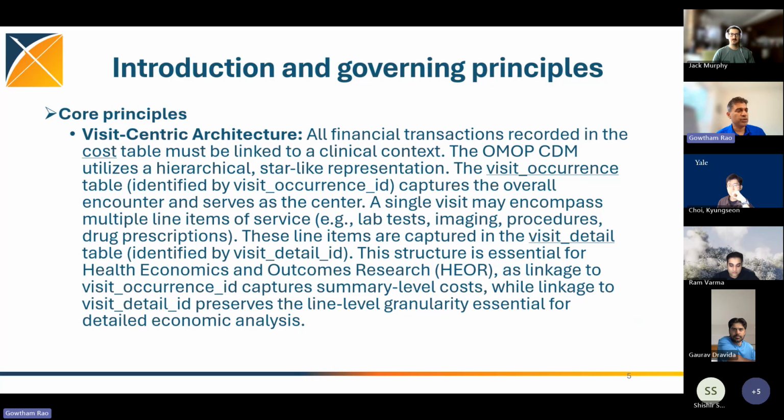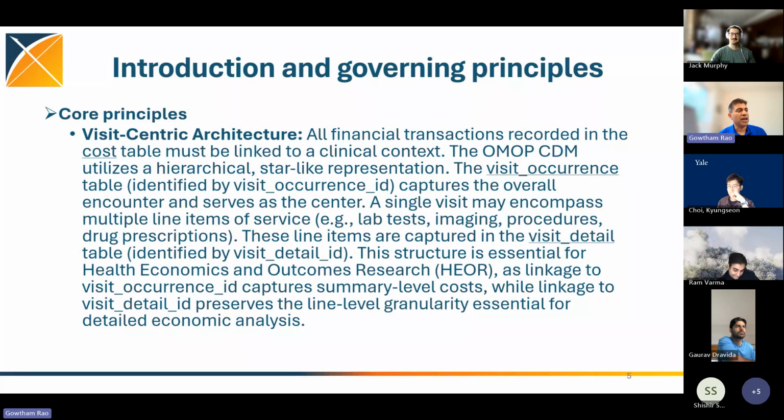I alluded to you about the core principle, that is the visit-centric architecture. So all financial transactions recorded in the cost table must be linked to a clinical context. But we are going to ensure, to meet actuarial standards, we are going to use OMOP almost like a star-like representation with the visit at its